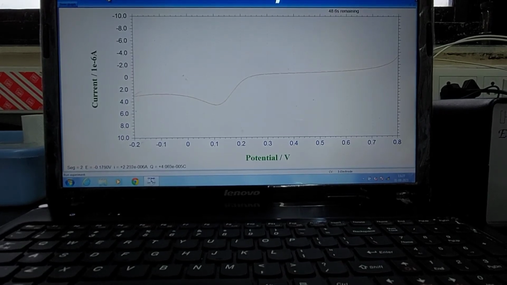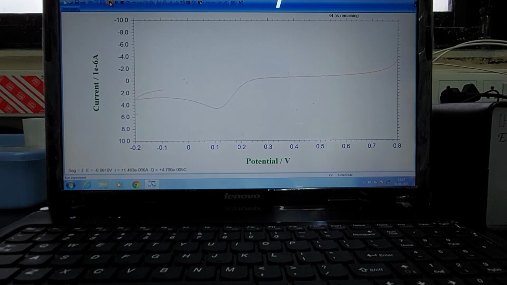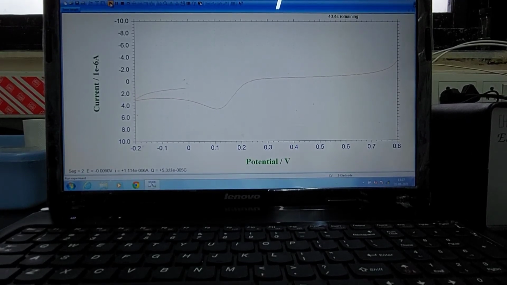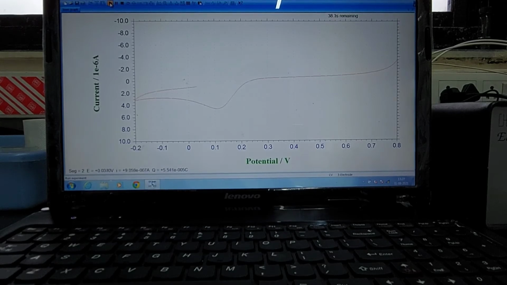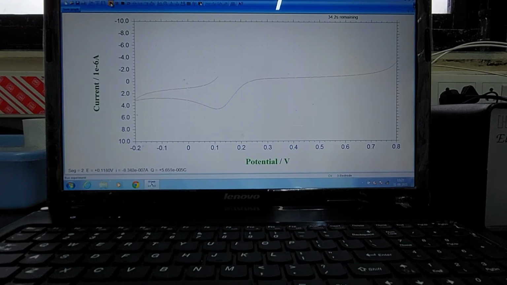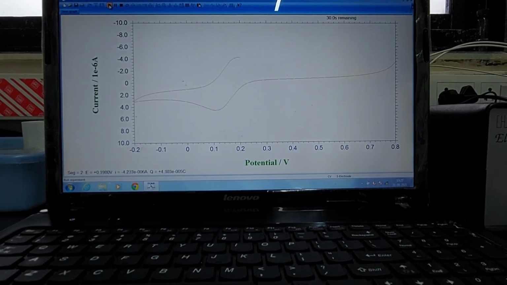You can pretty much see there is a substantial difference in the peak heights as you are changing the concentration of ferricyanide. There it is. Nice, really nice.